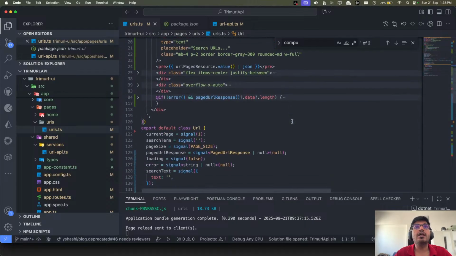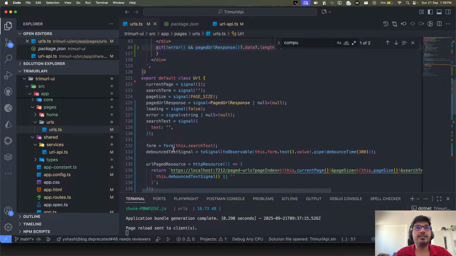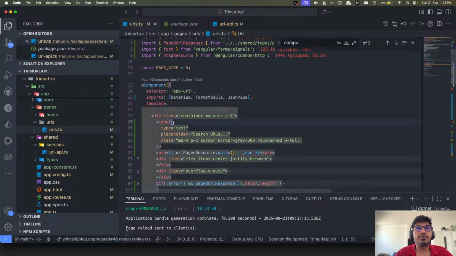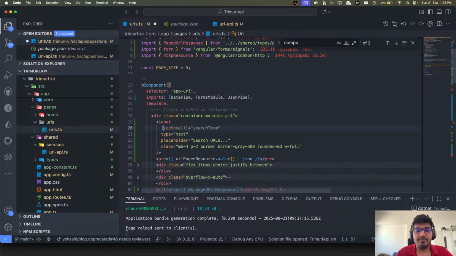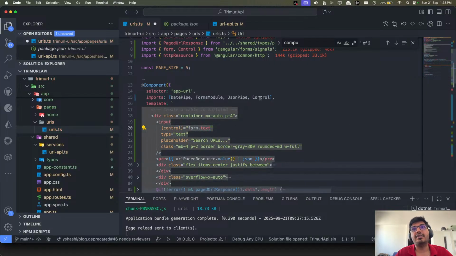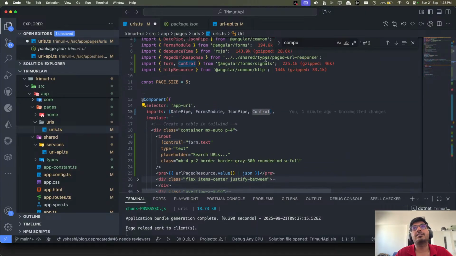Why? Because the form you have created here, your source text, is not connected now. So to connect that, you need to make use of something called control. Okay, and you need to attach your form.text, and can you see it is already imported here as well. So it is again coming from form/signals.